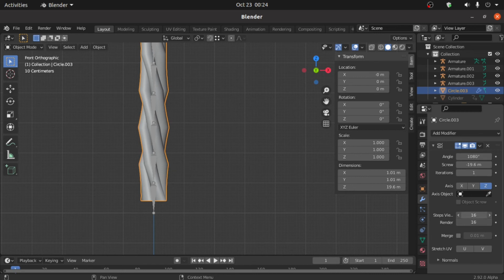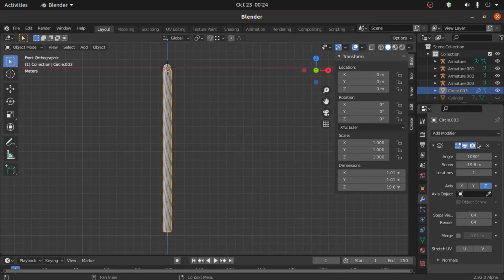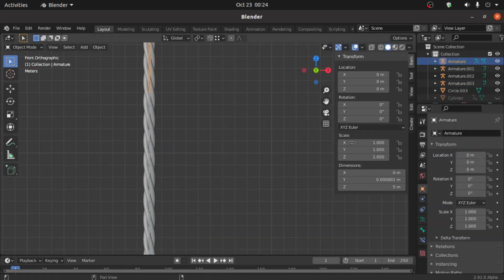Also change its resolution, that is 64. Now apply this modifier. Select all the armatures. So click on the first armature, holding Shift click on the last armature. Now press Ctrl J to join all the armatures.